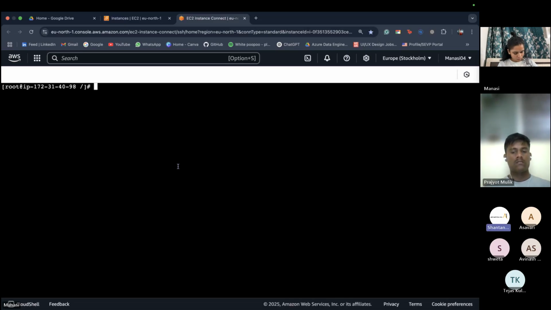Now the second method is bzip2, and the option we are going to use is -j, and this command is known as bunzip. The first one was gunzip, the second one is bunzip.